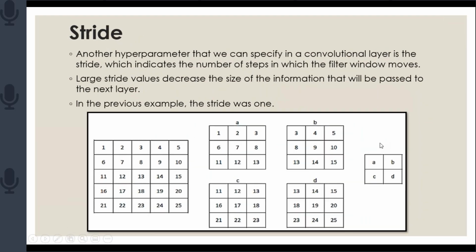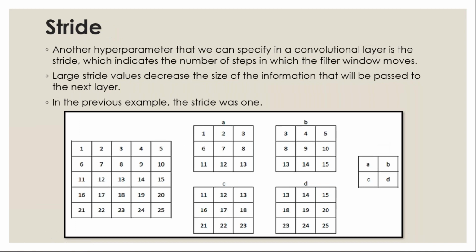And next come to the stride. What is stride here? Stride is nothing but, in the filter, what you are doing is row by row and column by column, you are applying the filtering, right? So in the previous one, your stride value is 1, because first you apply the filter to the first row, immediately the next time to the second row, and next time to the third row. So one by one you are applying your filter. But I don't want it row by row. I want to skip a row, right? So at that time, you have to give the stride value 2.